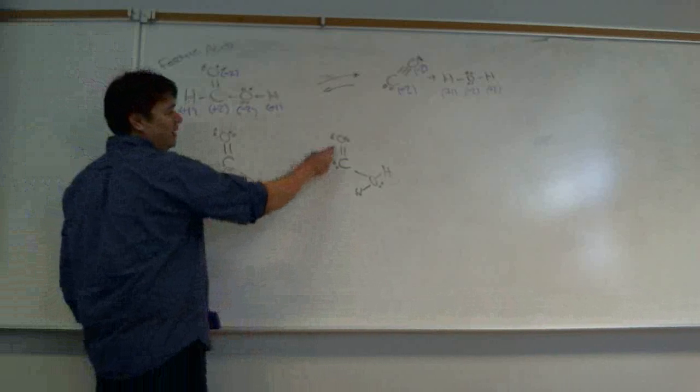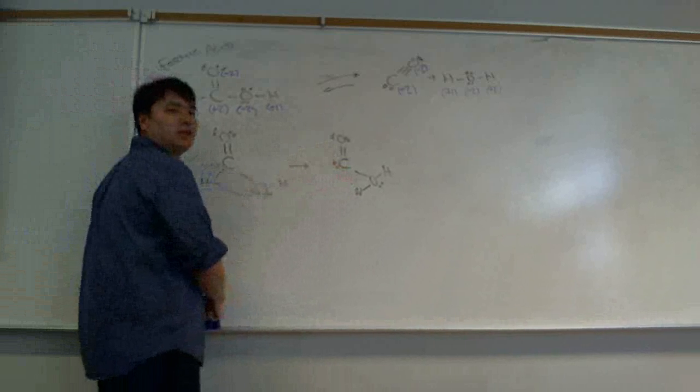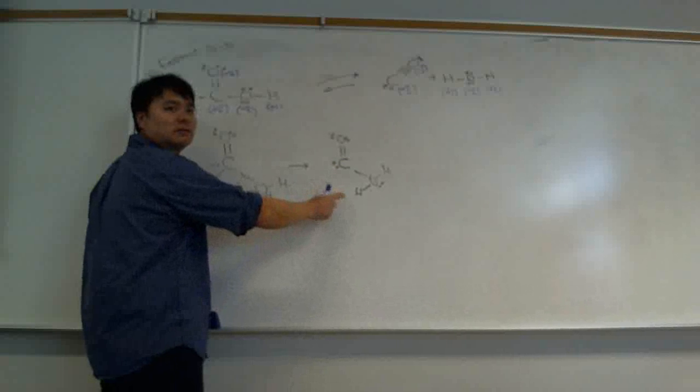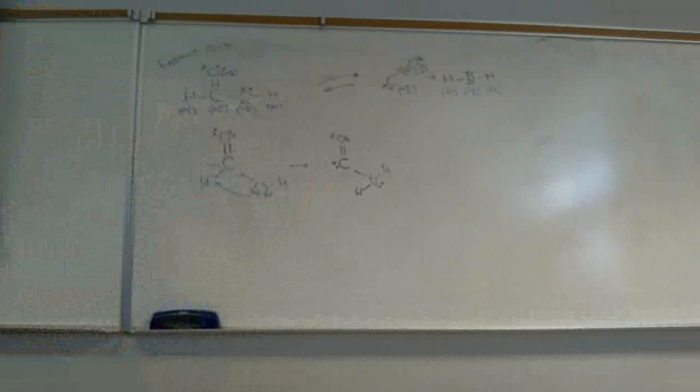But anyway, here oxidation states didn't change. Everything looks good, right? Does this look stable to you? Yes? Probably not. It probably does not look stable. There's a reason it doesn't look stable to me, and it's not because of oxidation state. It's not because of the electron pairs or the octet. It's because of